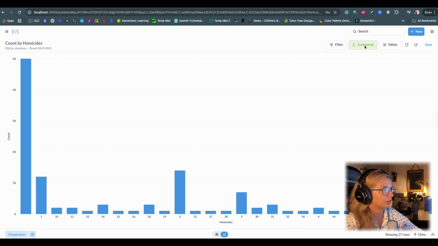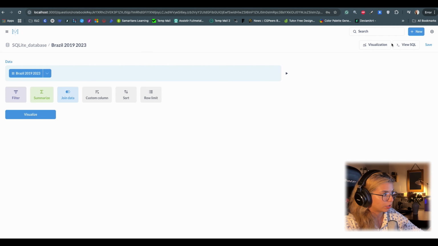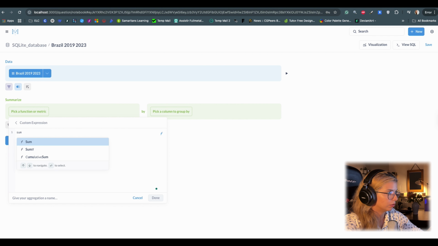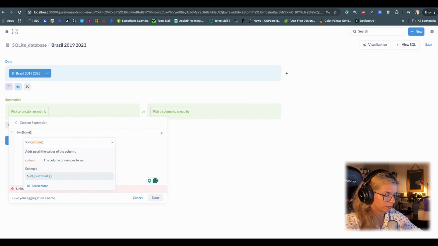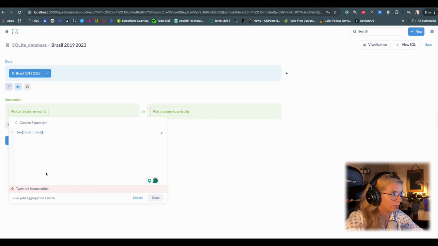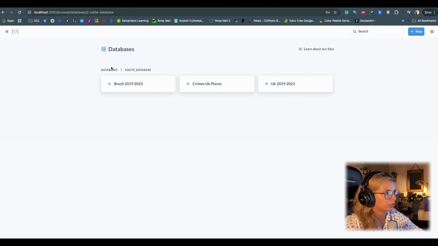So let's go back to the editor. When I try to summarize, I'll try an expression, say Sum, and then homicides. It doesn't let me, even if I add the name here. I guess the reason is that the data shows as text, and I'm not able to change it.